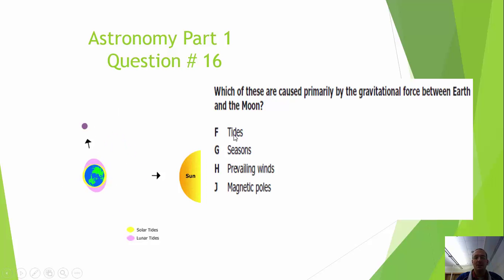So the best answer here is tides. Again, when they're in a straight line, 180 degrees, we know that they're in gravitational control. When it's 90 degrees tilted away, it's not going to be as strong. So the gravitational force of the Moon and the Earth is going to be more responsible for the tides. Best answer here is